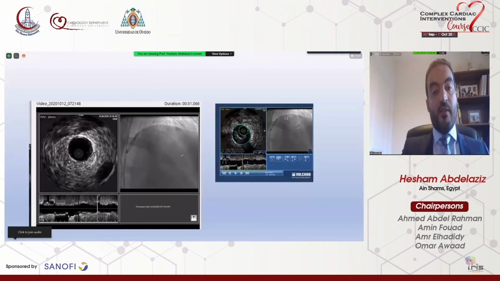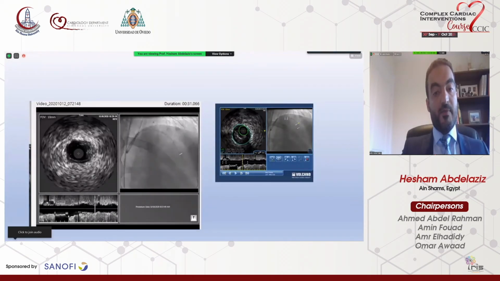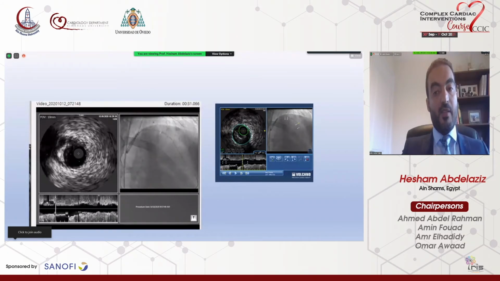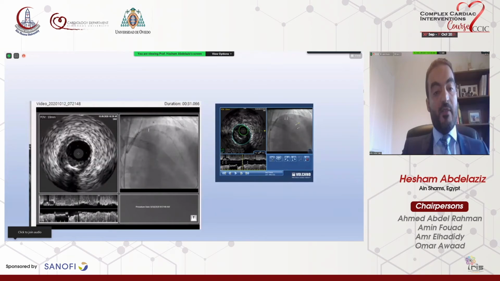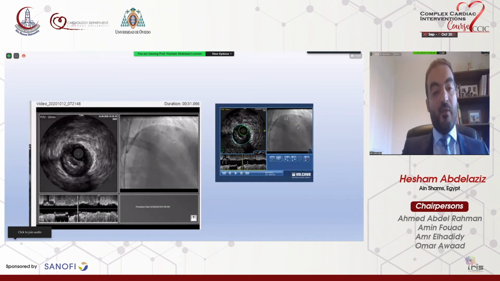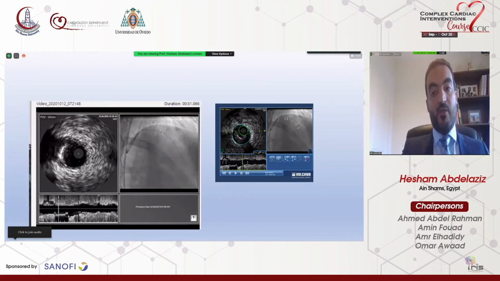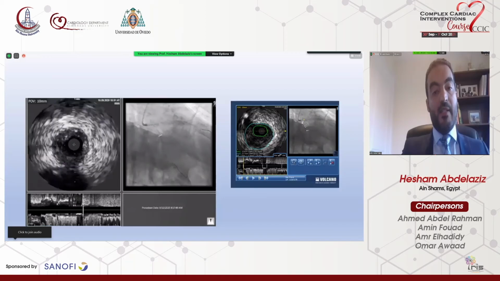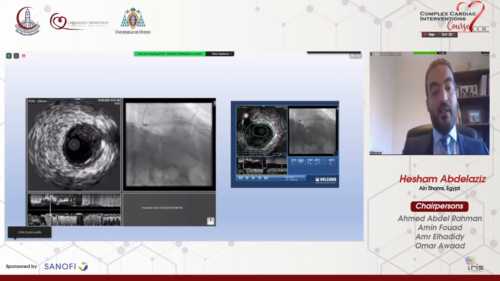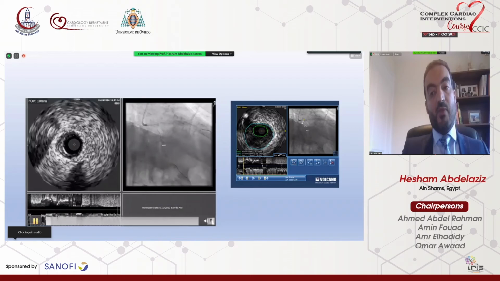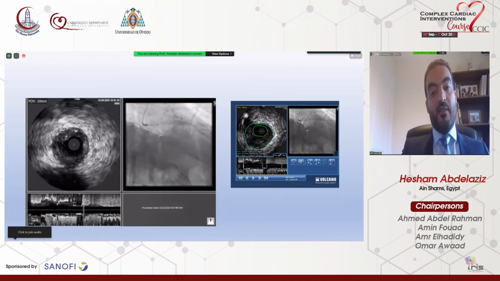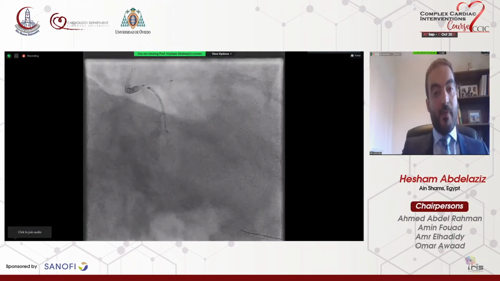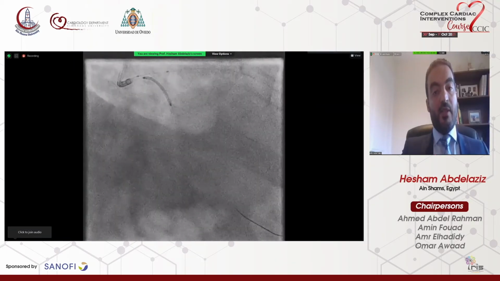So performing the first IVUS images, recorded at extra speed here for the sake of time of the presentation. So you can see that there is calcium, but the calcium again wasn't excessive, needing any advanced modification tool. So we performed one from the LAD and one from the LCX back into the left main. On the right-hand side, you can see clearly that you can delineate exactly the area where you would like to land your stent. So we performed the DK crush for this left main,